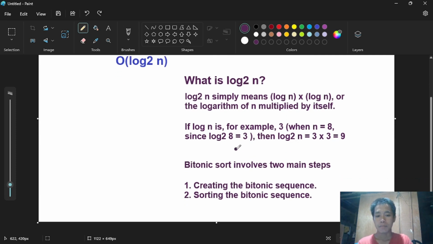The next is Bitonic Sort involves two main steps: creating the Bitonic sequence, and the second one is sorting the